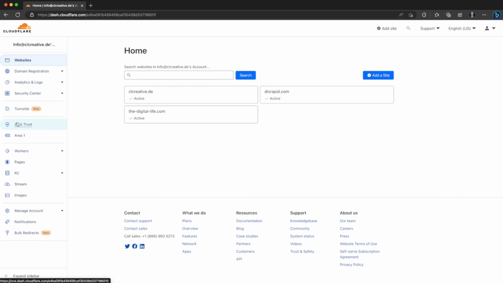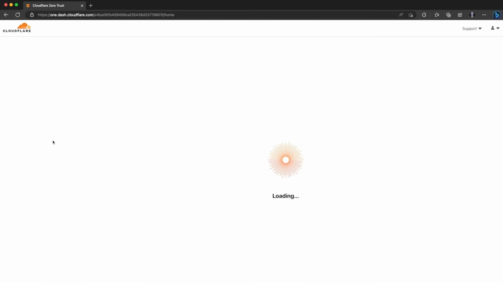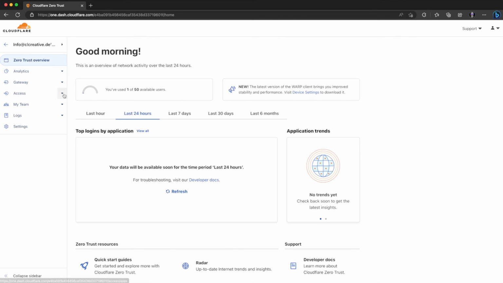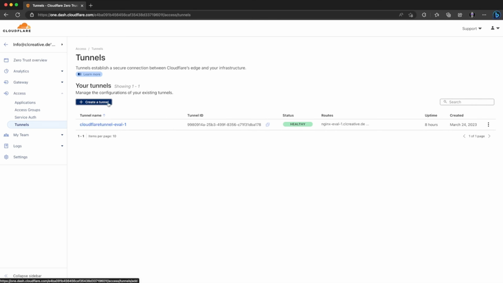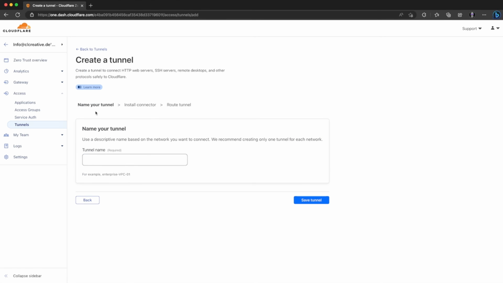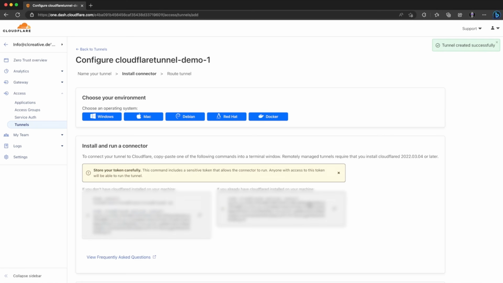The Cloudflare Tunnel settings are located in a different dashboard called the Zero Trust dashboard, and here we can start setting up a new Cloudflare Tunnel. I'm going to call it Cloudflare Tunnel Demo 1. Of course, you can give it any name you want. And when you click on Next, it will show you instructions to install a small program in your network called the Cloudflare connector. This is the part that initializes a secured reverse tunnel from your internal environment to the